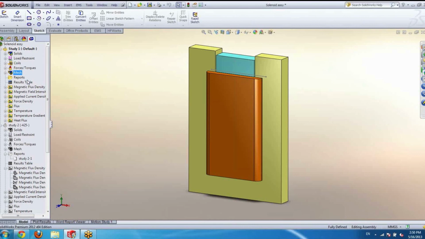So thank you, Bill, for your presentation. I hope all the attendees are able to get a better, deeper idea about how a solenoid is easily done by EMS, especially with the integration inside SolidWorks,